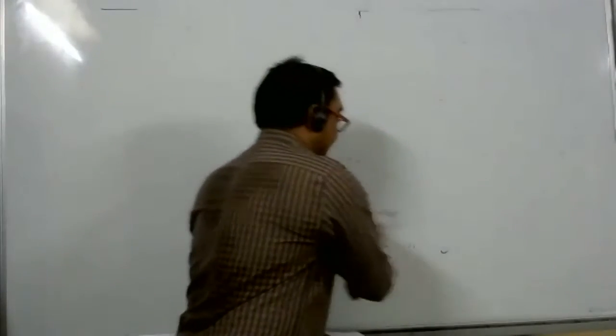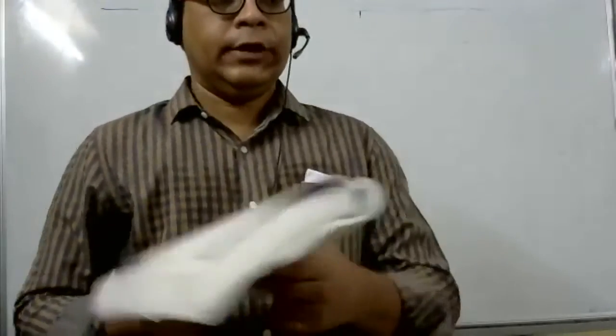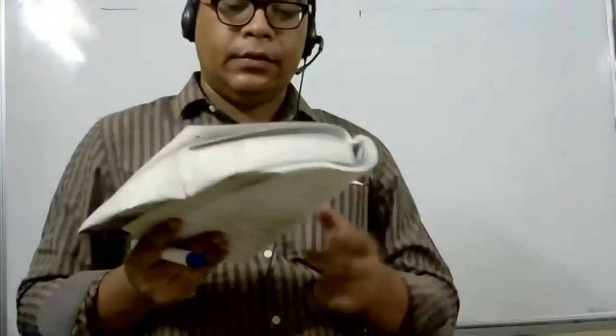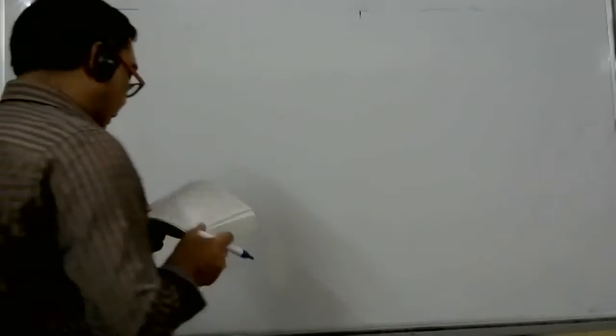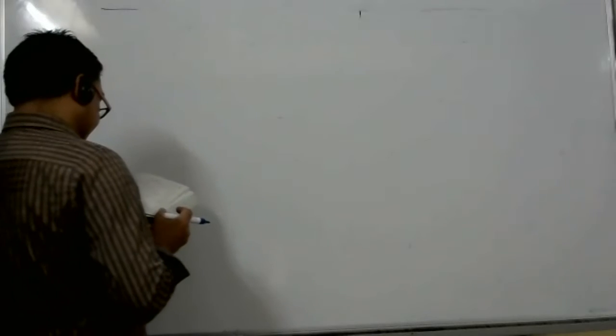Are you there? Yes, sir. Tell the question 3.3. Can you hear me? I guess there's something wrong with my mic. I can hear you, tell me. Could you brief up how to solve such questions? I'm kind of getting confused solving them. Which one? The questions after 10th, I mean the questions from 12th. Like how do we solve them? Could you tell me the question number? 12th sum or 10th sum?